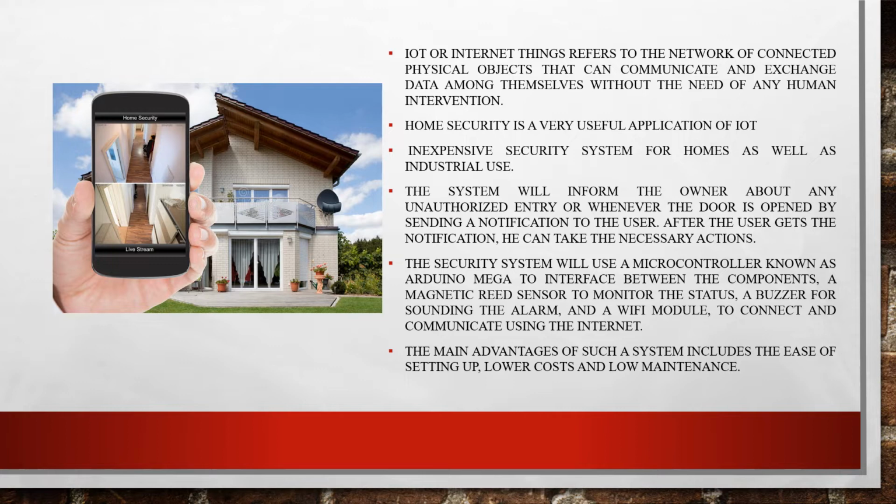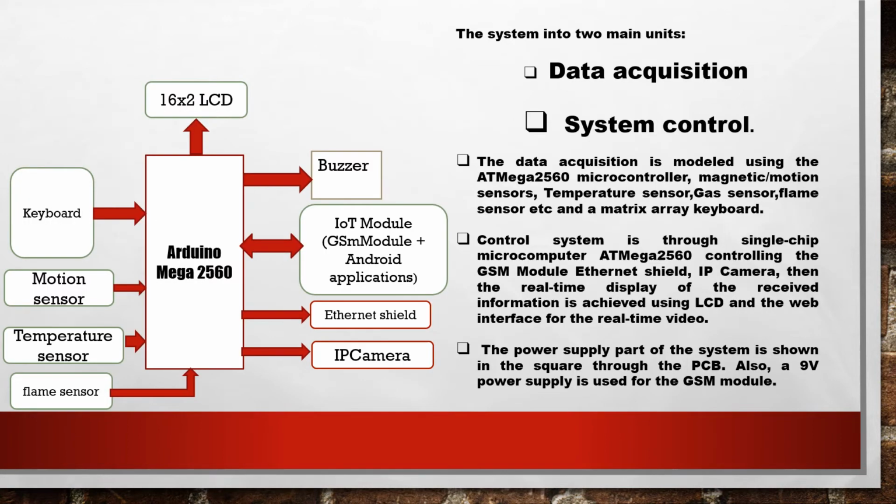In our IoT or Arduino based home security system, in the example we have taken here, you have a few sensors. Here you have the block diagram of an IoT based or Arduino based home security system. Basically it is classified into two parts. Let us split it in half. One side will be the data acquisition system, in which you have all the inputs